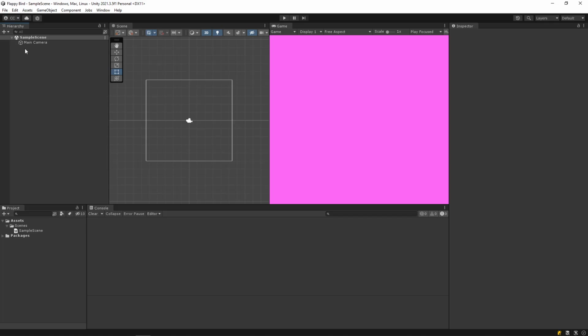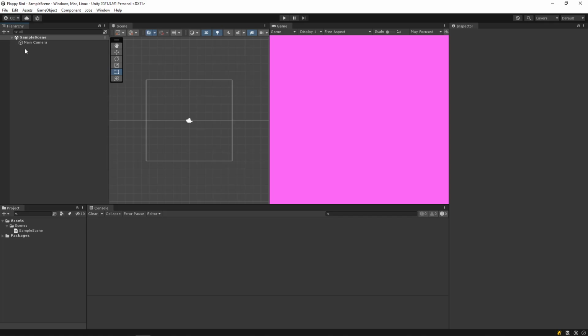I'm just calling it player because if I was to call it circle or if I was to call it bird, and if I change the theme of the game, it would no longer be recognizable. So it's just safe to name things a little bit generically. That way we can save ourselves from that kind of trouble in the future. All right, so now we have a player.